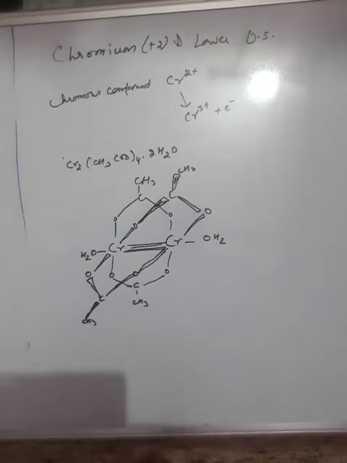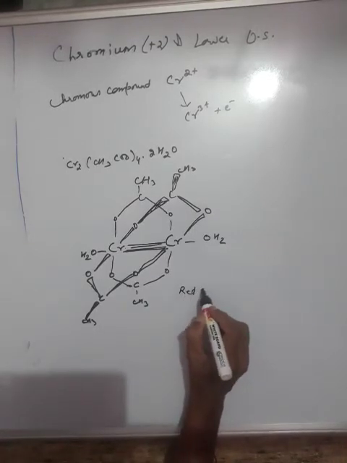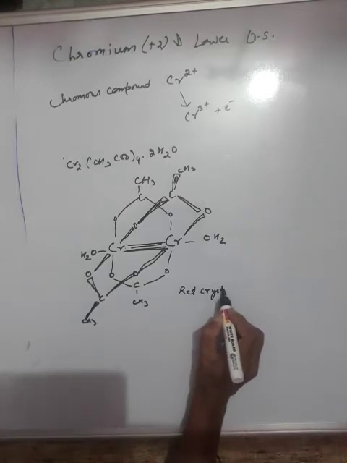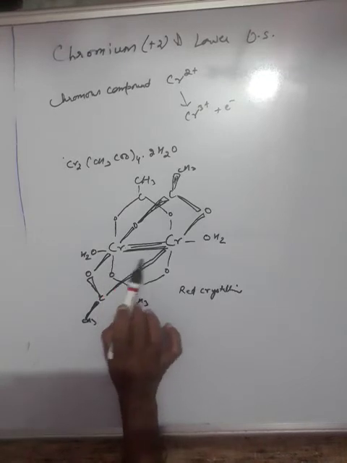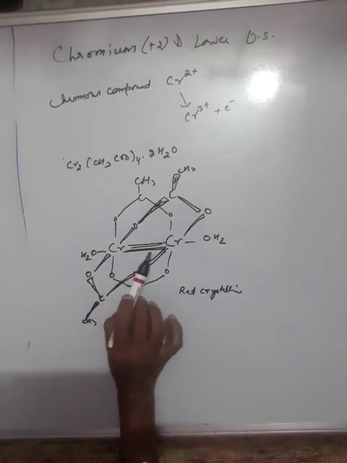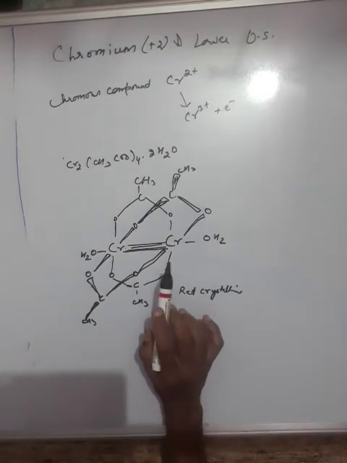Now in this structure, what you are seeing is the two chromium atoms attached to one another. It is a dimeric bridged structure, and here every